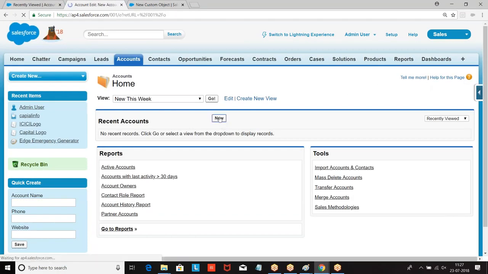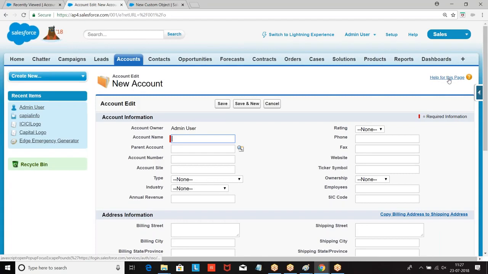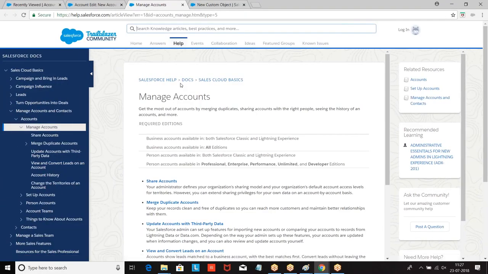Help for this page. When you click on this, the Salesforce help document will open. That means by default on every object, we are going to have help for the page. When you click on the help, the corresponding help document will open.